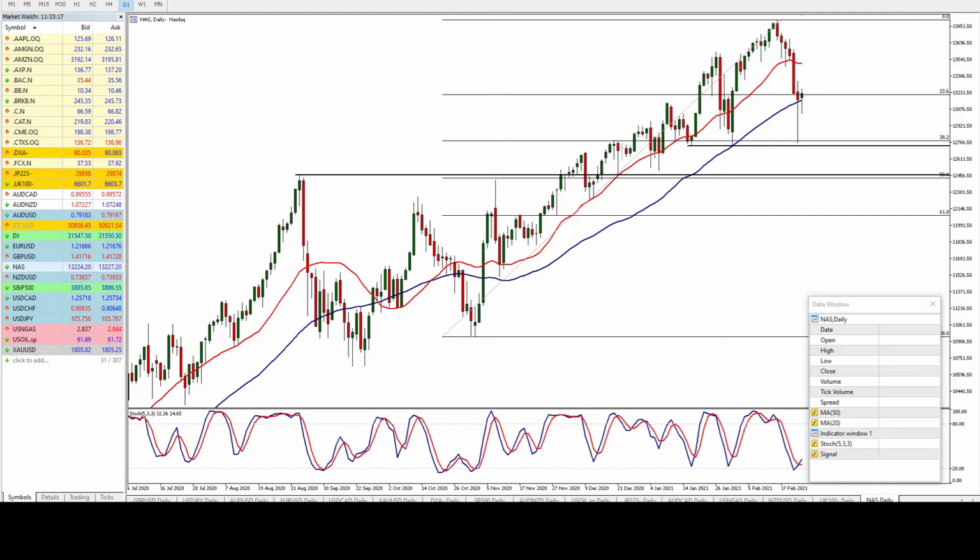Okay, Nasdaq 100 in daily time frame. This raises a little bit more questions than the S&P. This recent retracement has been quite deep, and so we have hit this 38.2 level again, but like with the S&P, we saw lots of buying coming in here. So this is the key level now, around 12,766. If this level doesn't hold,